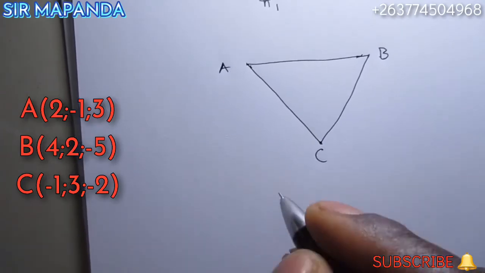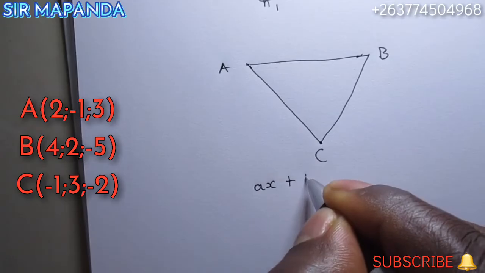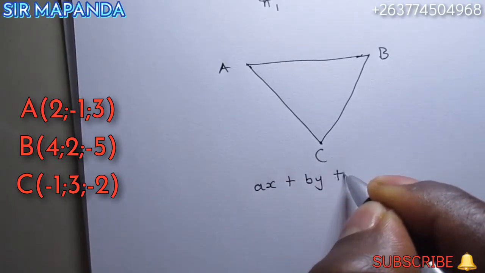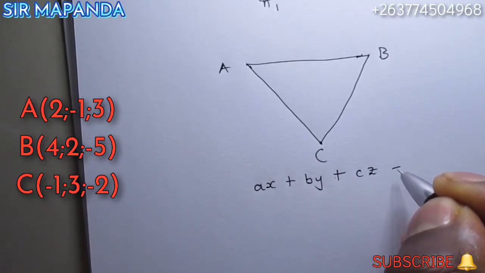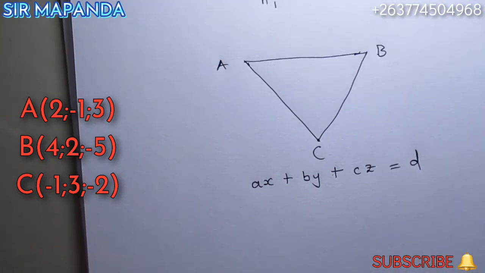The Cartesian equation of a plane is in the form ax + by + cz = d, where a, b, and c